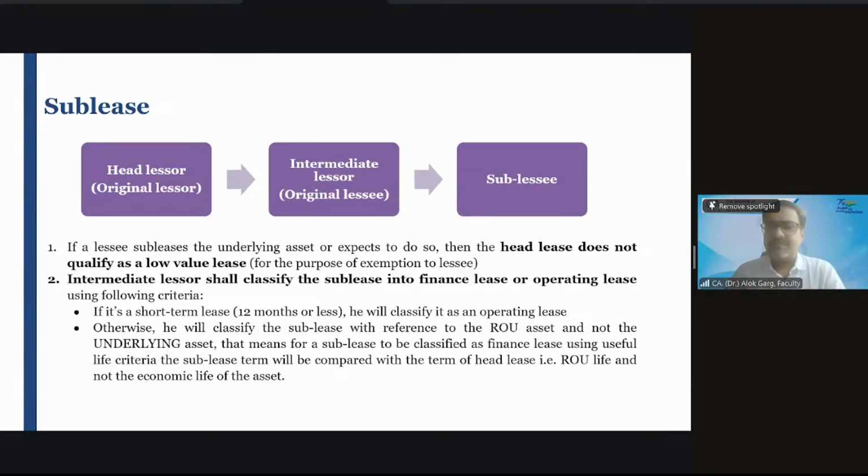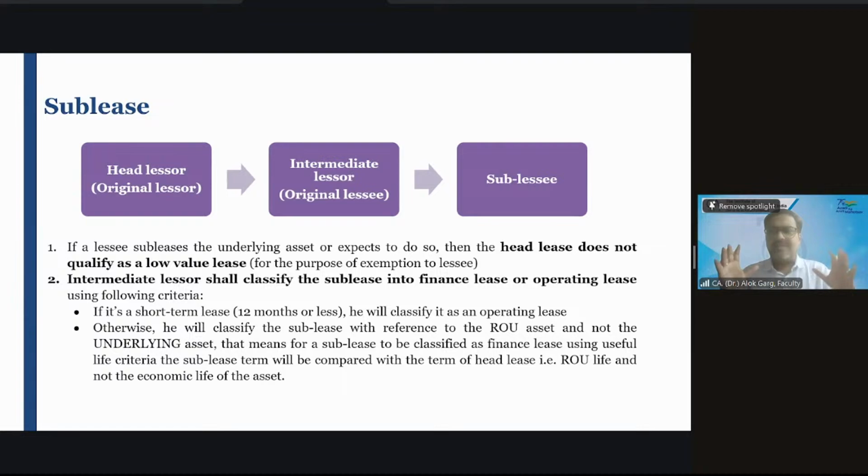For example, I have taken a building on a rent basis, on a lease basis. And I am paying 1 lakh rupees per month rent to my landlord. What I did is I put 5-6 beds in the rooms and started subleasing them to CA students. I'm charging 25,000 rupees per bed, which means I'm charging 1,50,000 rupees on a monthly basis. So I'm paying 1 lakh rupees to my lessor and I'm charging 1,50,000 rupees from my tenants.